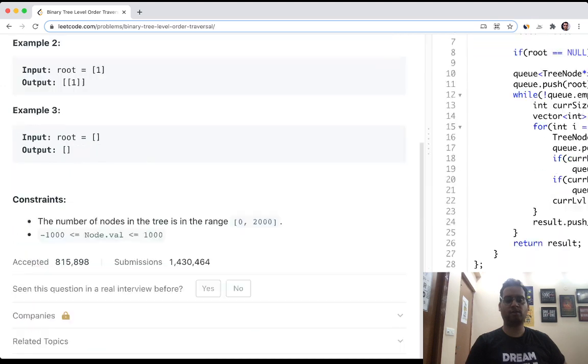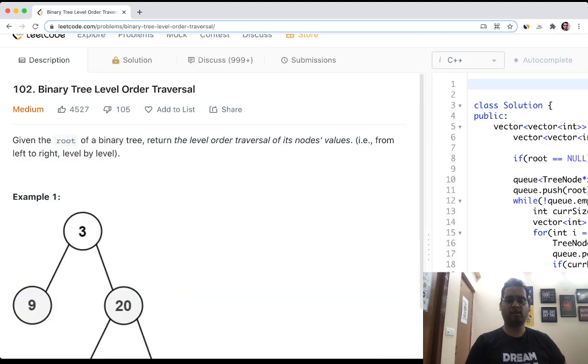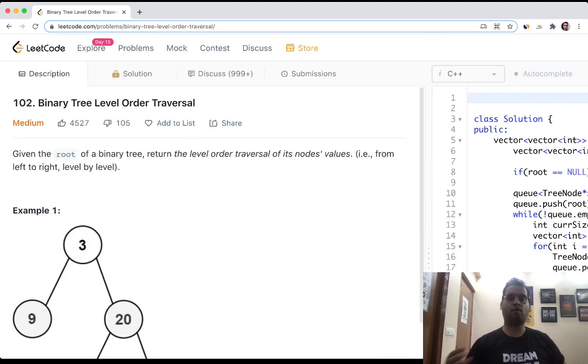It's a simple logic, you can just go and try. It's slightly more complicated than all the other traversals we have done so far: pre-order, in order, post order. We have also done it in the form of a different question, on the 14th or 15th day, we did some question which was based on level order only. So this is the same logic we are going to use here.